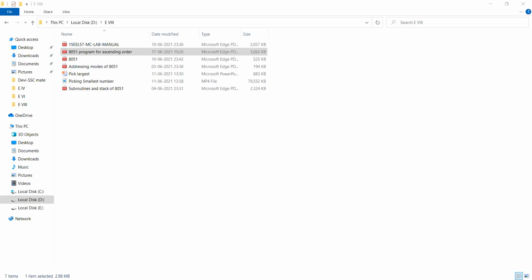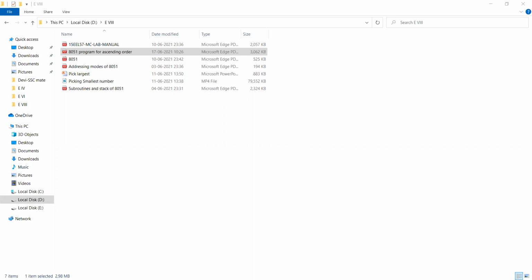Those 4 data items you want to arrange. You can change the count. For example, if R0 has 5, it means 5 data items, it will check. 10 means 10 data items, it will arrange. Like that, you can keep your data. At the 4500 location there is a count value, that is 04. So finally, your count value comes to R0. Then you can go for the data.